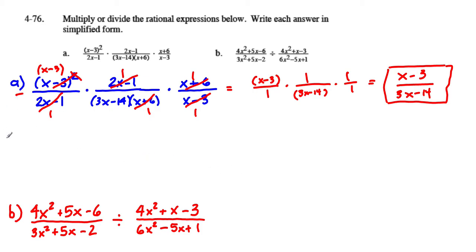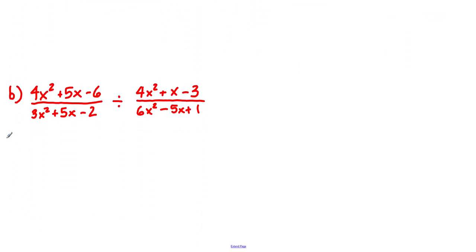Let's look at letter B. We've got 4x squared plus 5x minus 6 over 3x squared plus 5x minus 2, divided by 4x squared plus x minus 3 over 6x squared minus 5x plus 1. Now with this problem, we notice that we're dividing algebraic fractions. First thing you may want to do, just to eliminate any confusion or mistakes from occurring, is go ahead and rewrite it as a multiplication problem. Remember, we can take this one and flip this one, or multiply by its reciprocal. So we're looking at